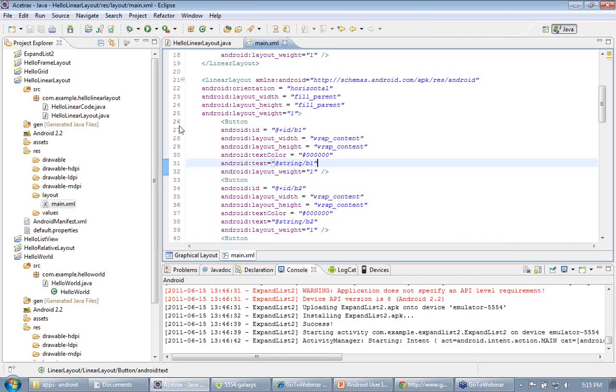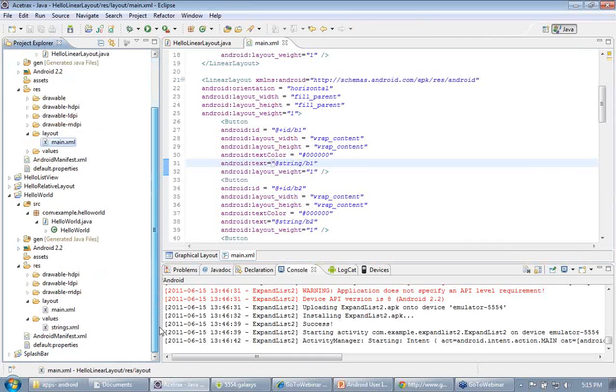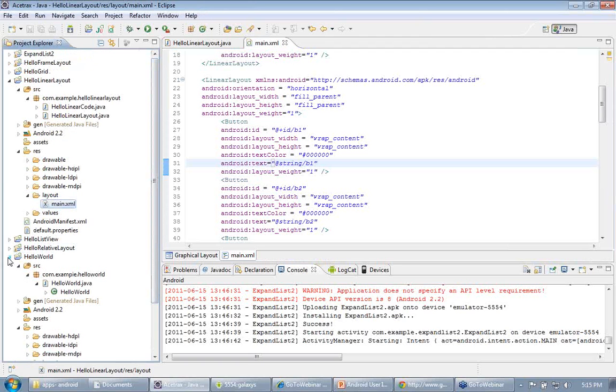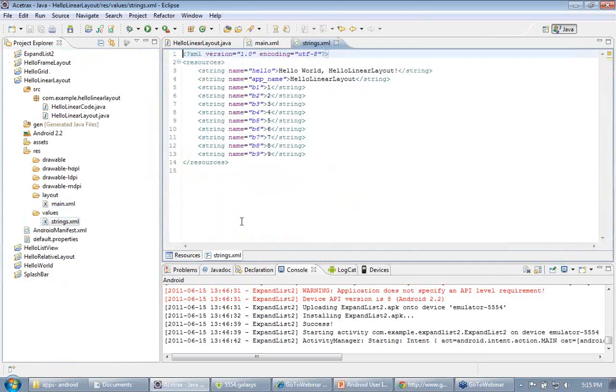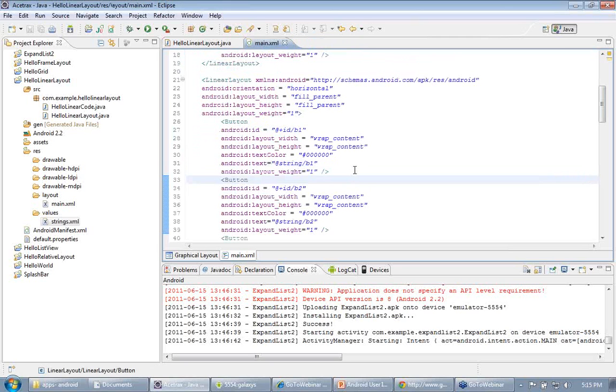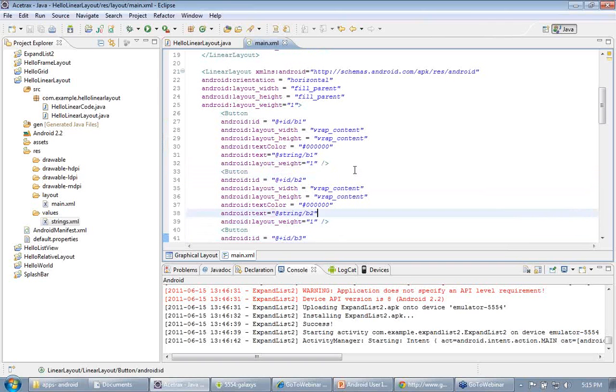You can see in the strings.xml we have defined strings for all the buttons as 1, 2, 3, 4, 5, 6, 7, 8, 9. We are using the layout weight property to arrange buttons in a uniform manner, and a text color of black.